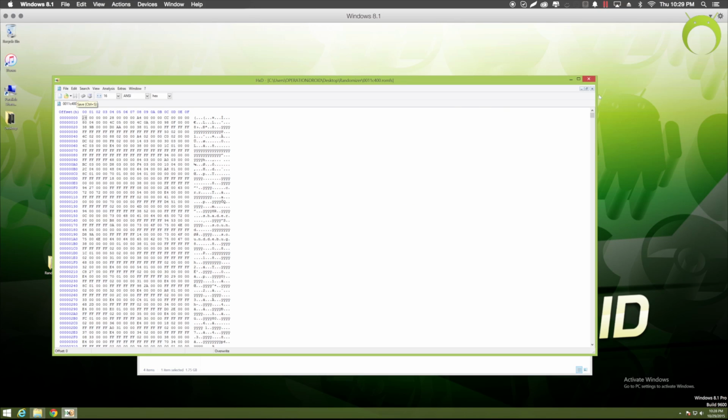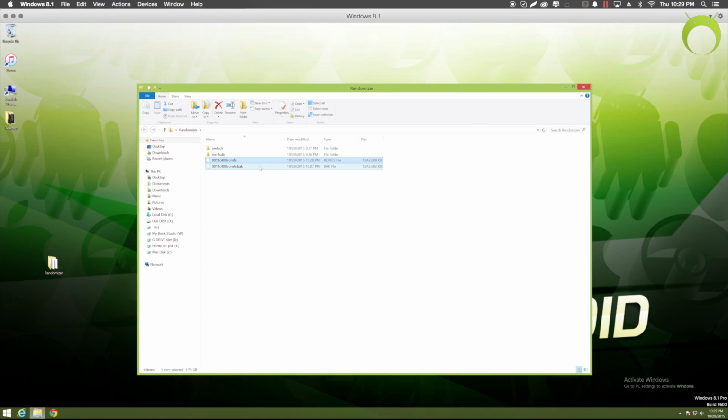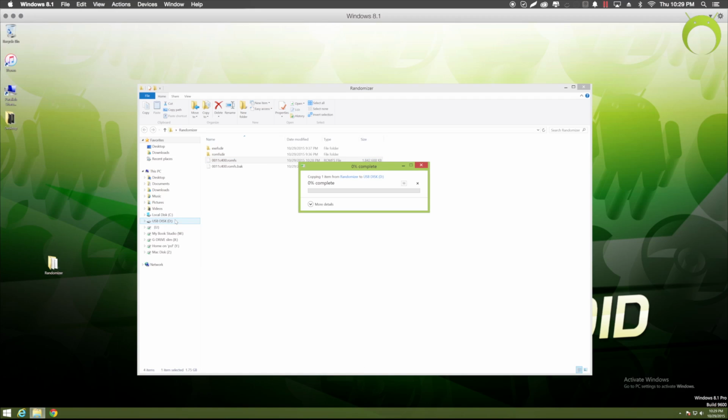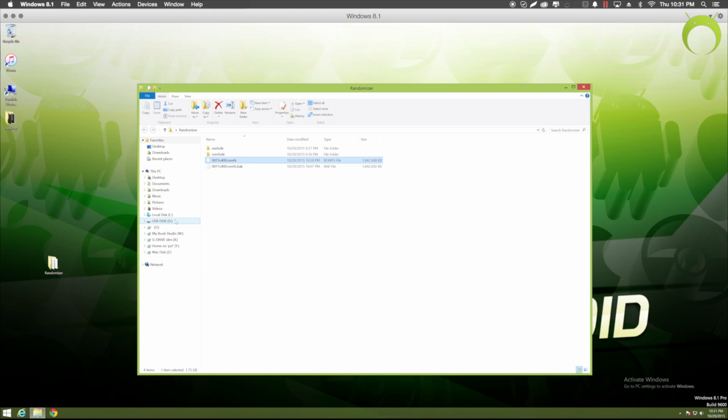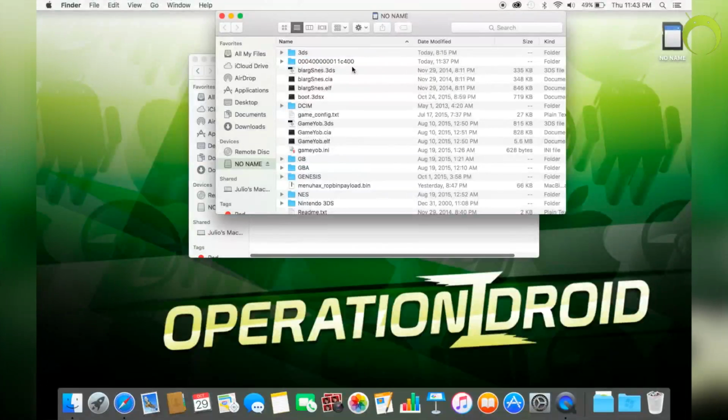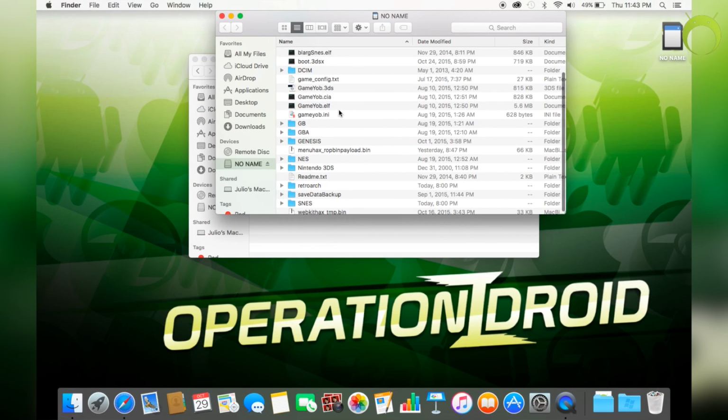And this will take some time. I sped it up for your convenience, so just patiently wait for it to finish, and you'll see that you now have a .romfs file and a romfs.back file. The back file doesn't really matter, but you want to get that .romfs file that we just finished and drag it into your SD card. Once you drag it into your SD card, it will take some time to actually download. Make sure you have space on your SD card. I failed to mention this earlier in the tutorial, which is my fault, but you will need to have a lot of space on your SD card.